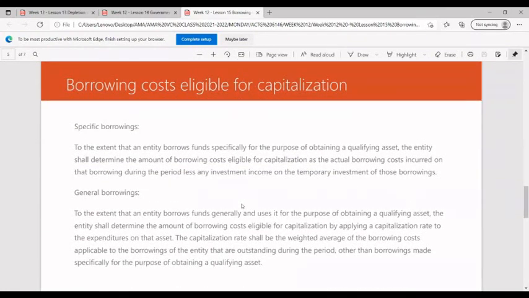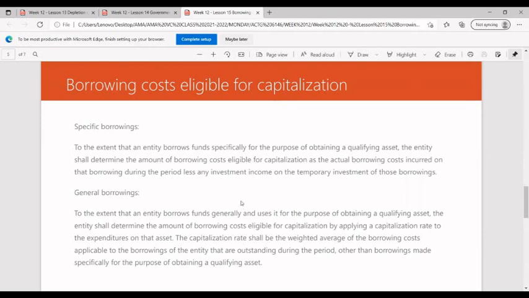For the borrowing costs eligible for capitalization, specific borrowings: to the extent that an entity borrows funds specifically for the purpose of obtaining a qualifying asset, the entity shall determine the amount of borrowing costs eligible for capitalization as the actual borrowing costs incurred on the borrowing during the period less any investment income on the temporary investment of